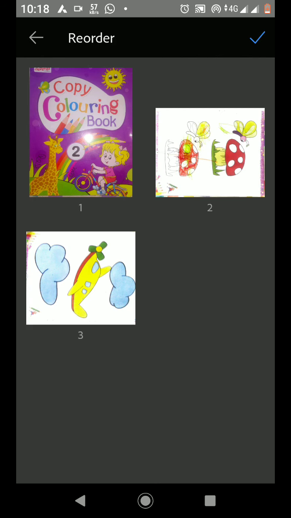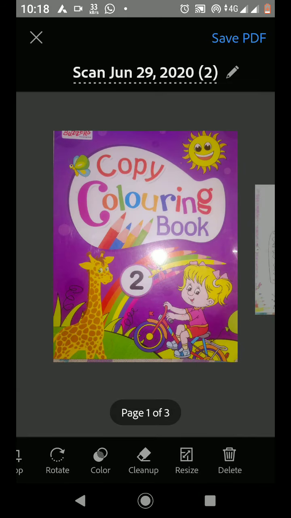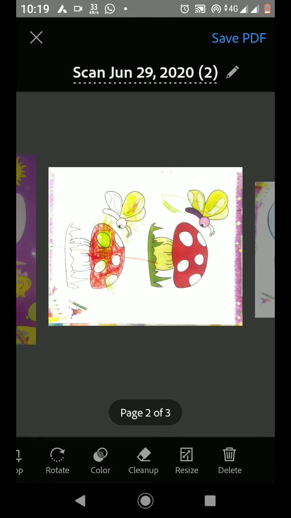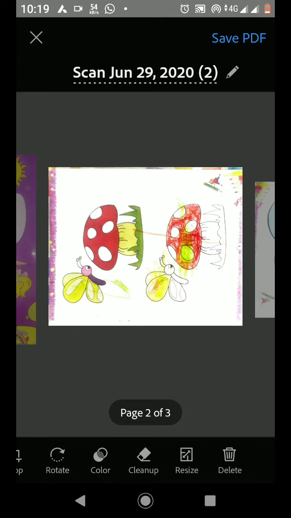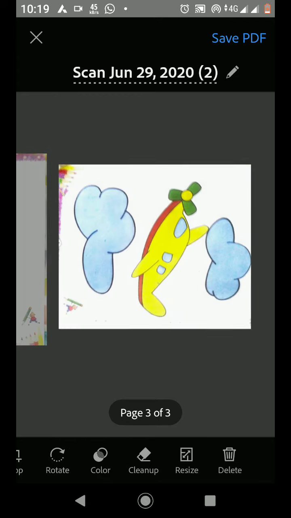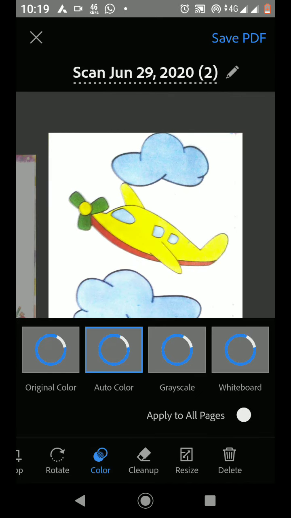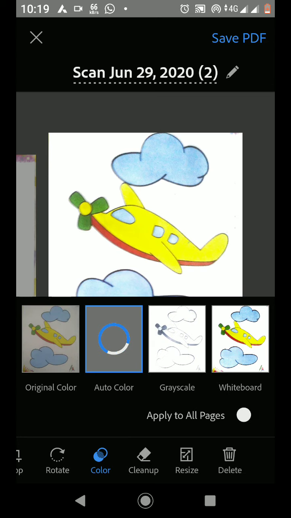Then you can click a tick mark, and it will change. If you want to rotate, you just click here, rotate. In the right direction you rotate it, and again I'll just rotate it. If you want to colorize, this is the one, the magic color which was there in CamScanner. Here you can do it.